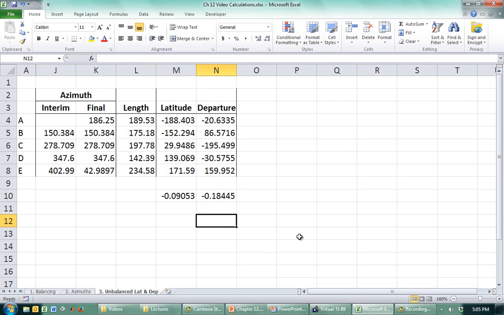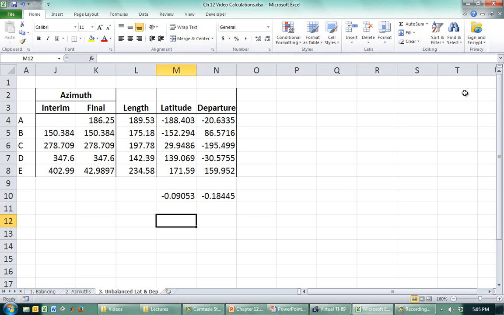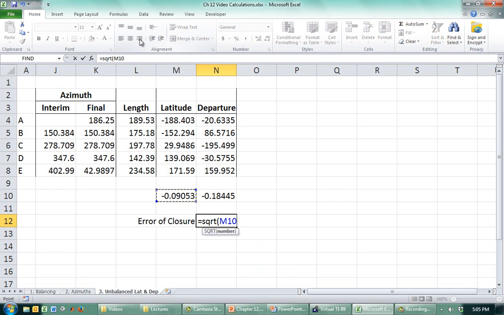So we have our error in the latitude and the error in the departure. So we could say, I forgot what we called it already. We called it closure, error of the closure. I knew that. Error of the closure. Can't spell. This way. So the error of the closure is the square root of this squared plus this squared. So the error of the closure is the square root of the sum of the squares, and then the precision,